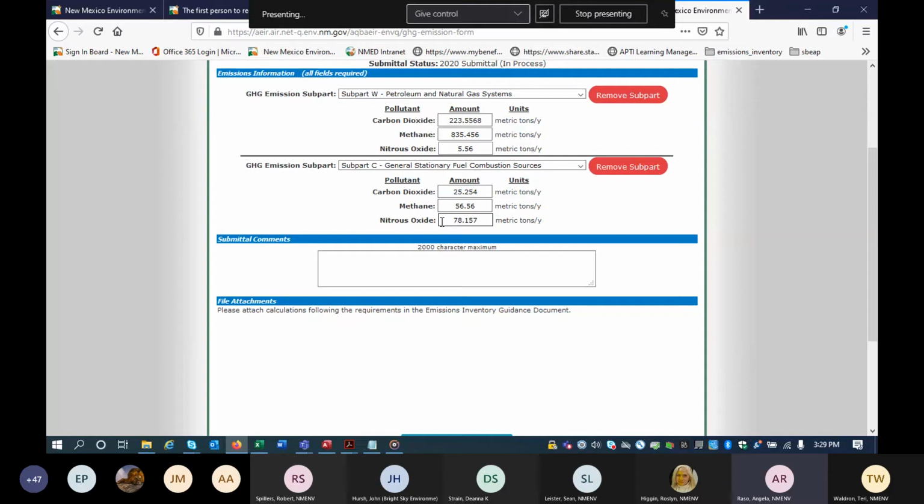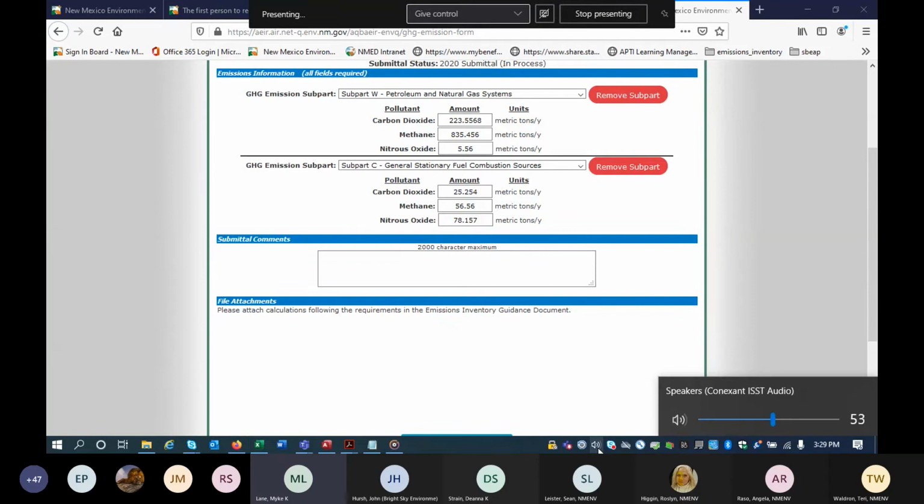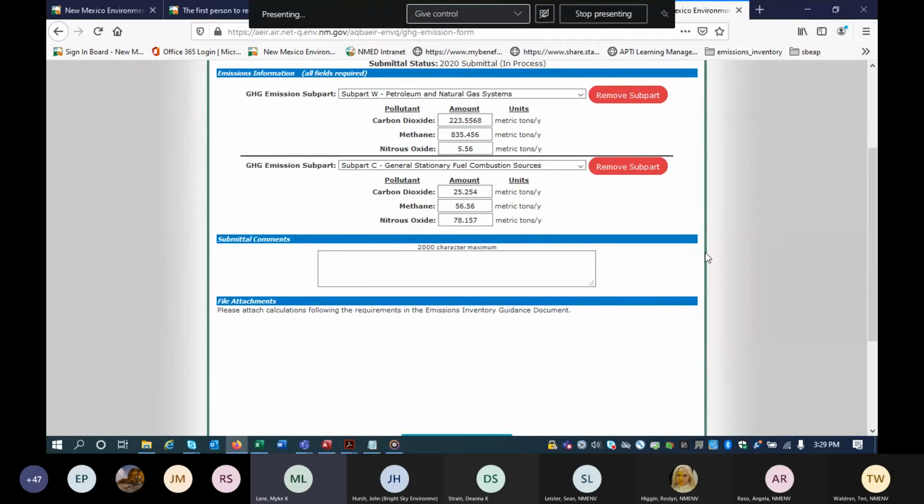Yeah, just real quick, and I think this was asked earlier, what do you want submitted with this? We're going to submit subpart W and subpart C and so forth to EPA, but that includes facilities within and outside of New Mexico. What is the attachment you are looking for us to cull our data to get an attachment for you? Can't we just waive that and just know that EPA is QAing it? Anyway, that's my question. We need some guidance on what you expect attached to this.